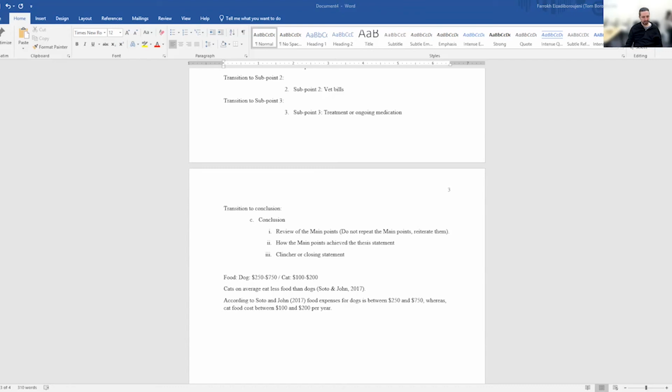From the same website, and I'm going to put it here for you. This sentence, this is the original sentence verbatim out of that website. If I use this, I have to quote this. And how do I know this? I know this from OWL Purdue. I have to code it this way, and I have to then use this citation